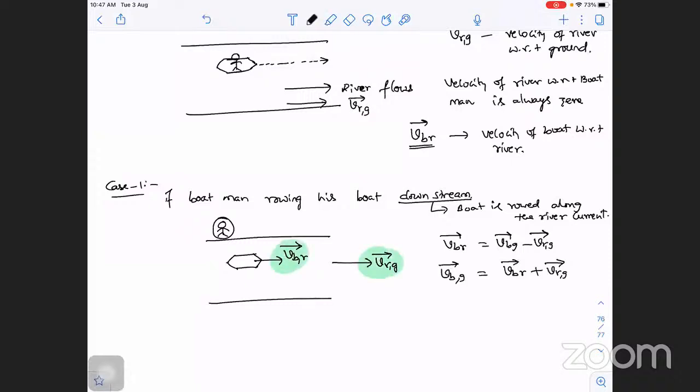So what is the velocity of the boat as seen from the ground? You have to add the velocity of the boat plus the velocity of the river. Simple logic: use common sense. The river is flowing. You are in the river, which means the river will push you along its direction. Am I right or not? So if you are moving in the river direction, it will help. If you are moving opposite to the river direction, it will oppose.